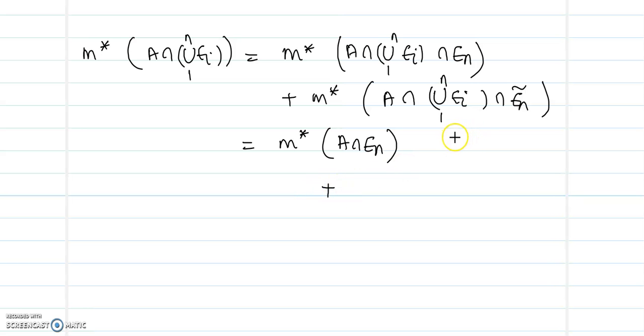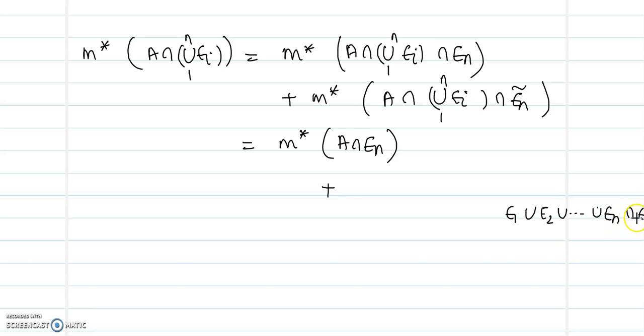Okay. And അതുപോലെ, when you take the second set here you will have E1 union E2 union En